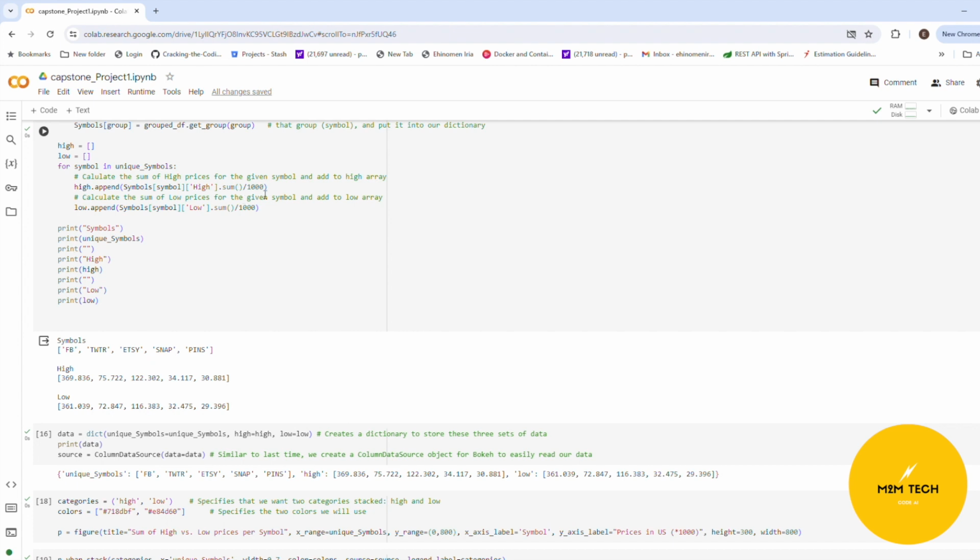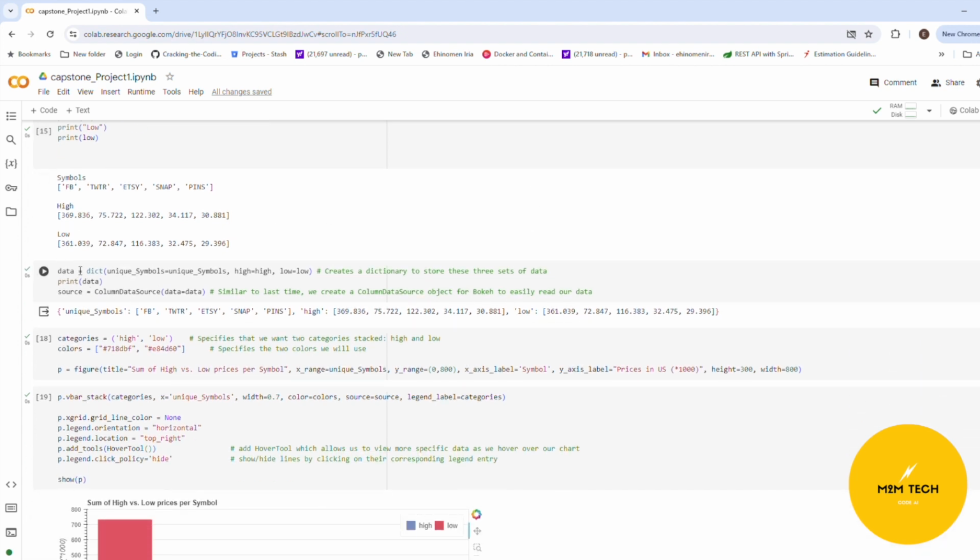I'm going to have to divide by 1,000 to help reduce the number to aid plotting. And so I'm able to see the symbols, the high stock price value, and the low stock price value as well. Then I go ahead to get my data and create a dictionary to store this data, storing at least three of them together, and using the ColumnDataSource, pass the data